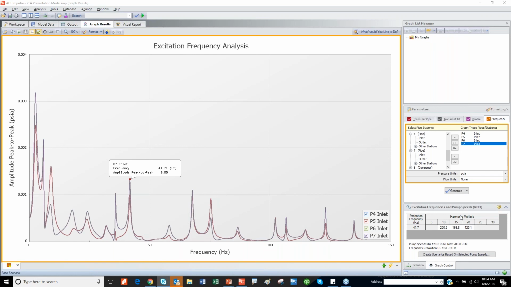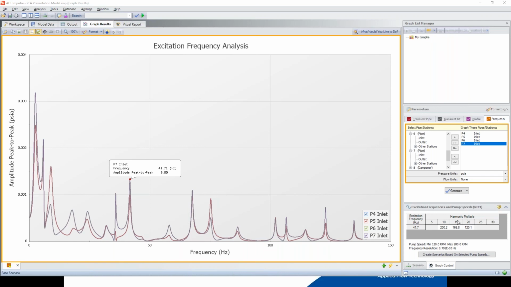and I say evaluate, it will give me a message. And it will tell you that this frequency has no excitation pump speed, and that's because of the RPMs you defined. So this frequency will not be affected by the system. So it's a frequency you do not need to worry about, and it will give you a message. So if I select this frequency and I say, okay, create a scenario, evaluate the frequency,